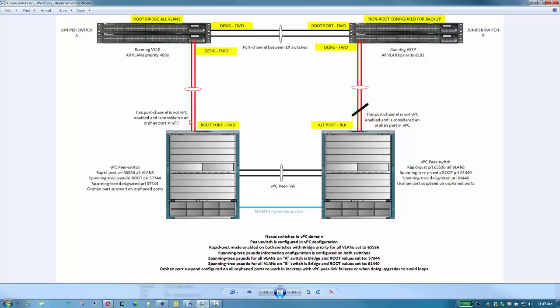So on the left here we have the A side, Juniper A, Nexus A. And on this one, we're going to run VSTP with the bridge priority for all VLANs set to 4096. The non-root is configured for backup operation, also running VSTP, with all VLANs set to 8192 on the B switch. Now, ignoring everything south, we know that this one is going to be root, so designated